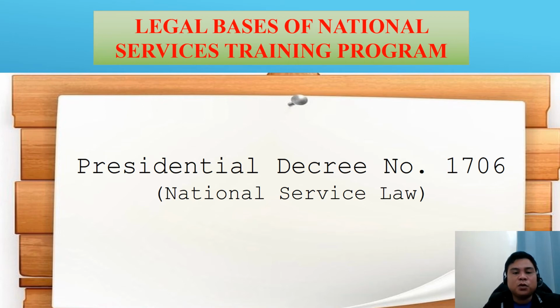It was composed of three main program components, namely Civic Welfare Service or the CWS, Law Enforcement Service or the LES, and the last, Military Service or the MS. College students were given an option to choose one from among these components in compliance with this requirement for tertiary